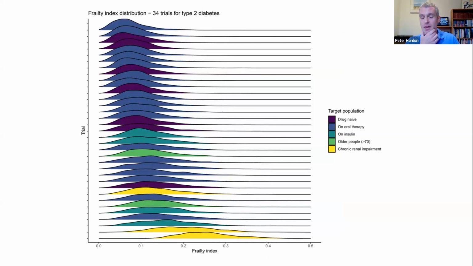Frailty was relatively rare in many of these trials, although in some, so trials in people with chronic kidney disease, which are the yellow distributions here, we showed much higher levels of frailty. So it does seem possible that some trials can recruit sicker populations, and there's some frailty within those populations, although the upper limit of frailty was generally lower than you'd expect to see from a population-based sample. So I think there's some frailty there, probably not the most severe end of the spectrum, but it does give us some opportunities to look at a spectrum of health states within trial IPD.